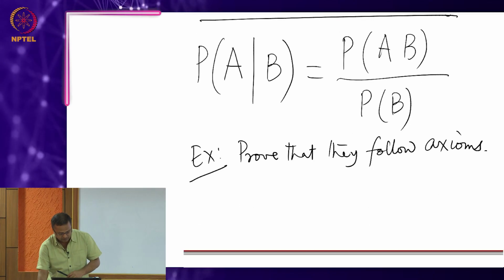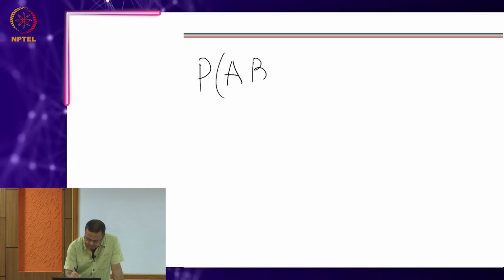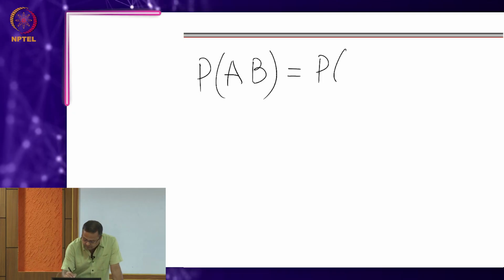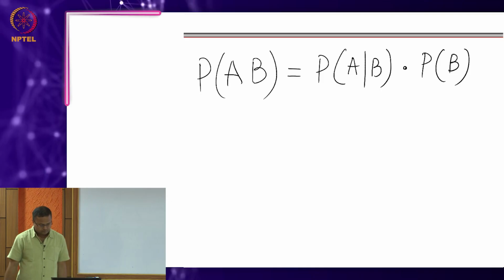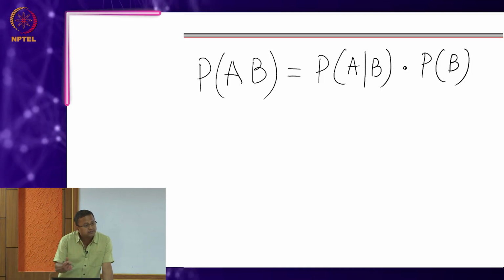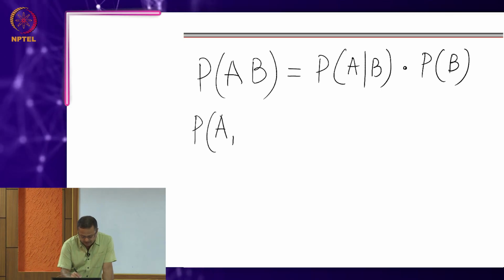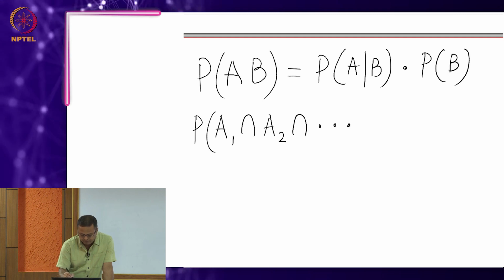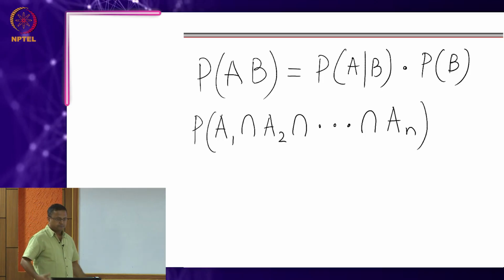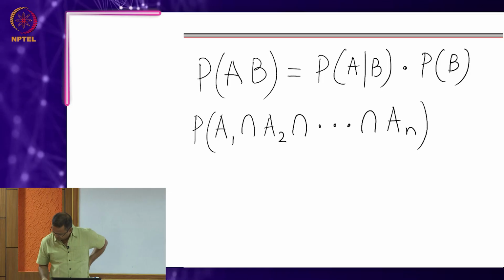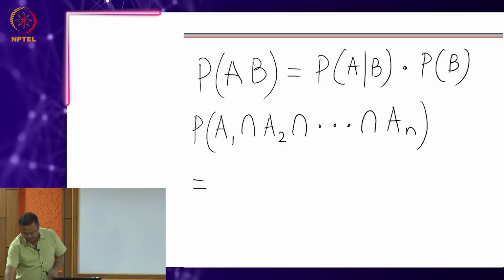Now, a nice follow up of this is, now there is a nice extension of this which we will do and you can prove. It is known as the chain rule. So, I am looking at the intersection of n events. I can write it as multiplication of